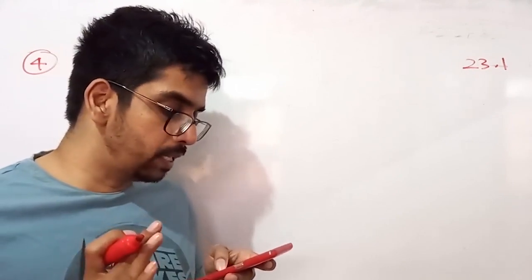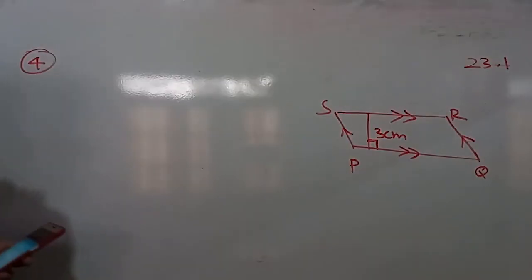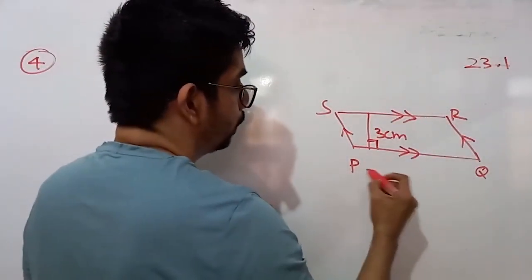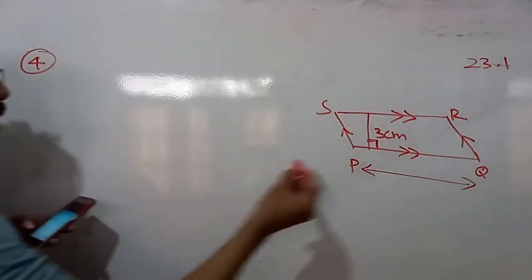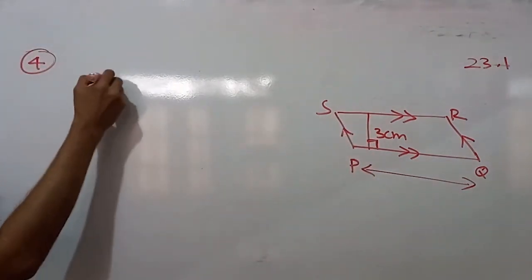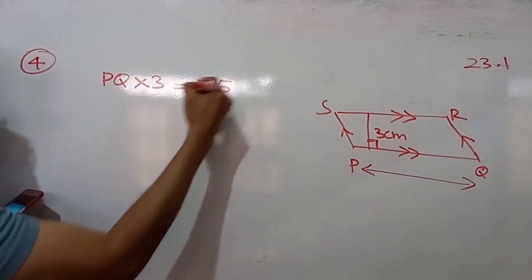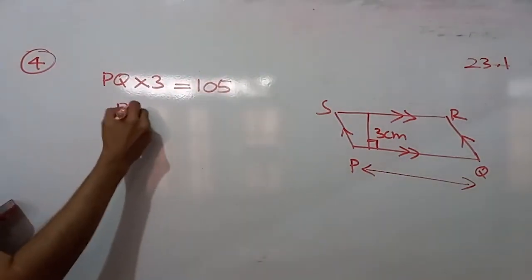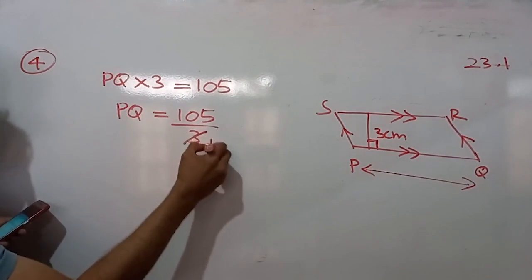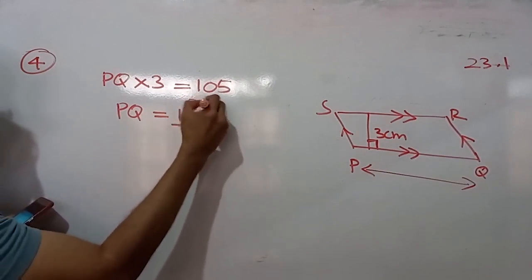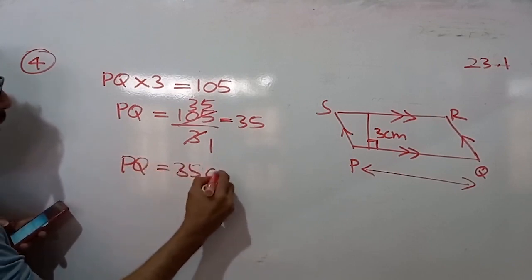If the area of the parallelogram PQRS is 105 square centimeters, calculate the length of the side PQ. Okay, so what are they asking? They are asking length of PQ. Right, so that is also easy, no? Why? The area is given to us now. So we know area is what? PQ into 3. That is equal to what? 105. Then PQ is what? PQ equal 105 divided by 3. So 3 times 1, 3 times 3 and 5. So PQ is what? PQ is 35